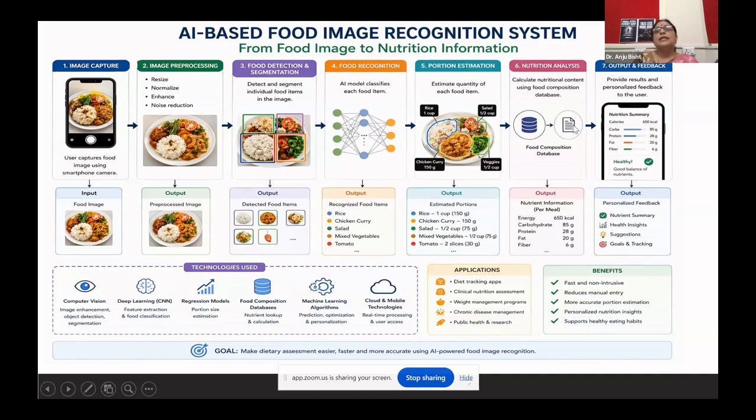Now the 6th step goes for the nutrition analysis. Here we calculate the nutrient content using the food composition databases, right? And now we get the output in the form of nutrient information per meal, that is, how much energy it has. Like, in this example, it is given 650 kilocalories, carbohydrate 85 grams, protein 28 grams, fat 20 grams, and fiber 6 grams. Now we have got the nutrient information. And then finally, we have the output and feedback. Here we provide the results and the personalized feedback to the user